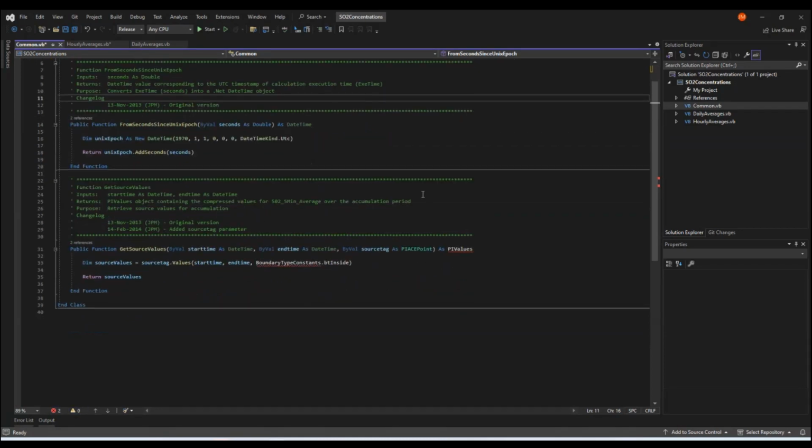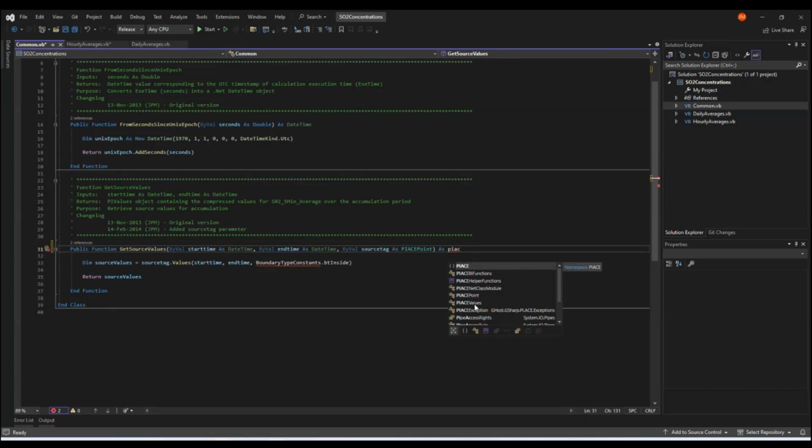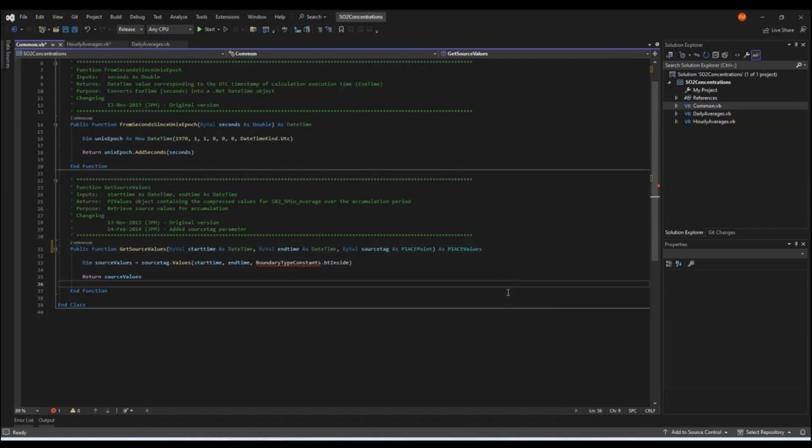Okay. What we need to change down here is this get source values function used to return a PyValues collection from the PySDK. That's now going to return a new object that we've introduced, which is called PyAce values. I'm not going to explain that one now, but that's covered in the developer documentation for those of you that may need to interact with that collection. At the end of the day, it is actually just a collection, a special collection of AF value objects.